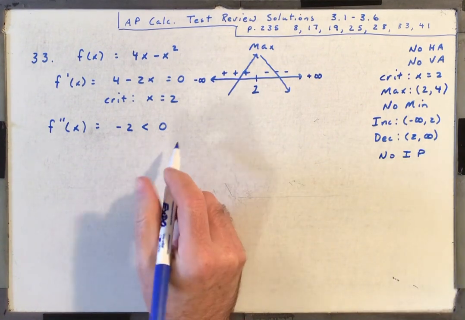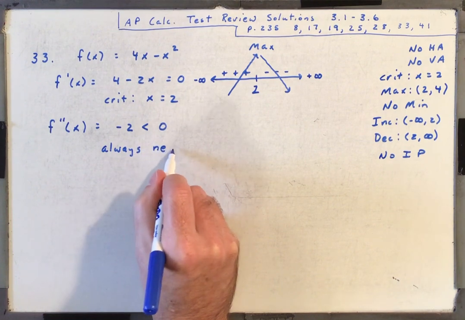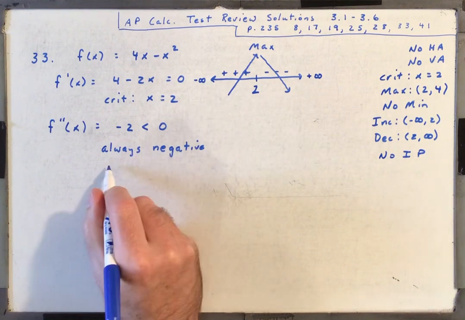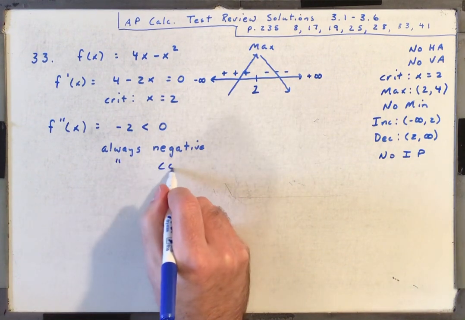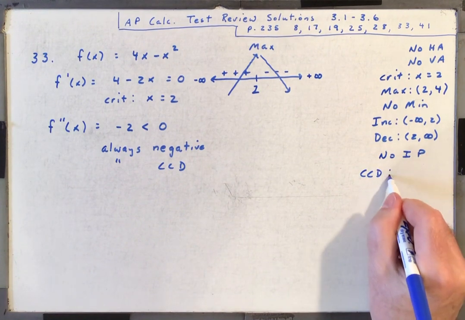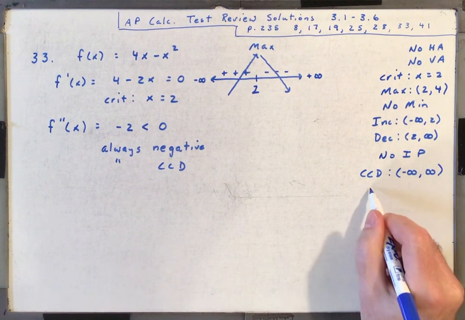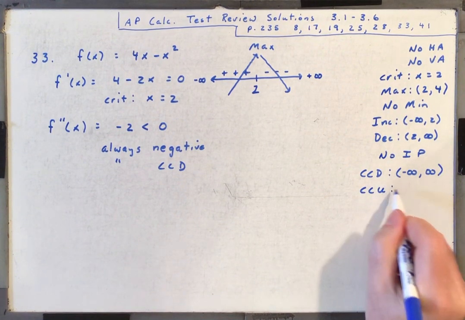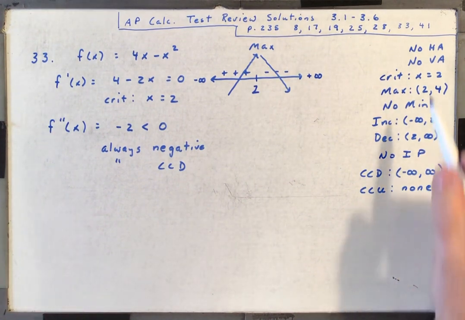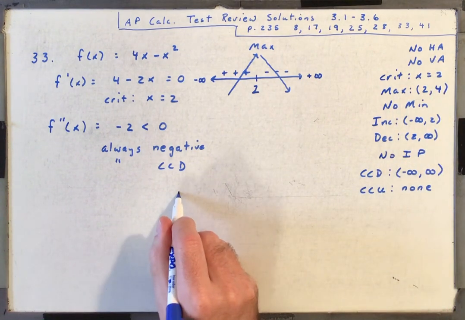Because there's no x to solve for, this is always negative. So if you just got a constant, negative 2, always negative, so that means it's always concave down. So we are concave down from negative infinity to infinity. Concave up, none. Okay, we have gotten out of our 16 points, if this were a test problem, you've gotten 12 now. So our rough sketch,